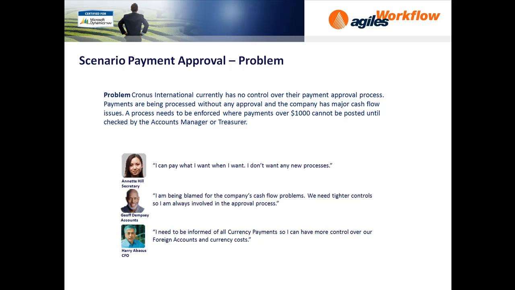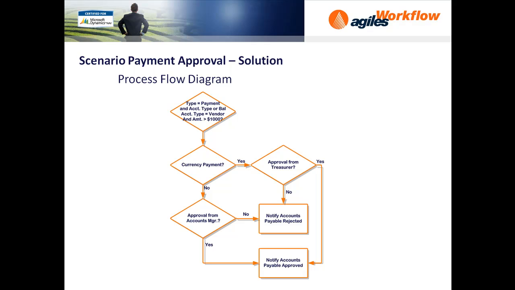A process needs to be enforced where payments over $1,000 cannot be posted until checked by the account manager or treasurer. The process flow diagram: if a payment journal is entered more than $1,000, the first check is, is it a currency